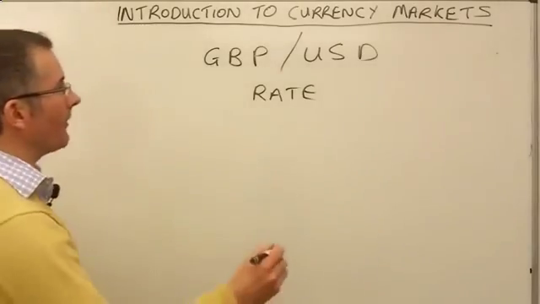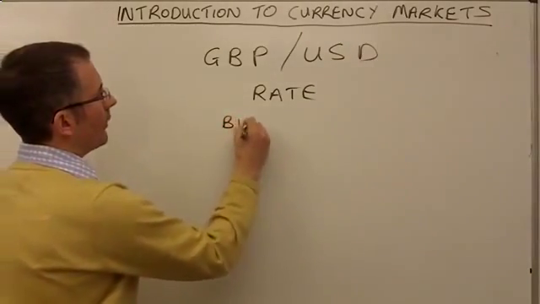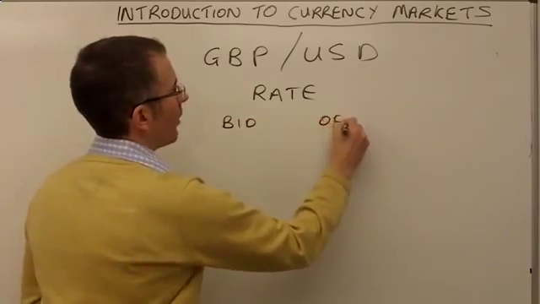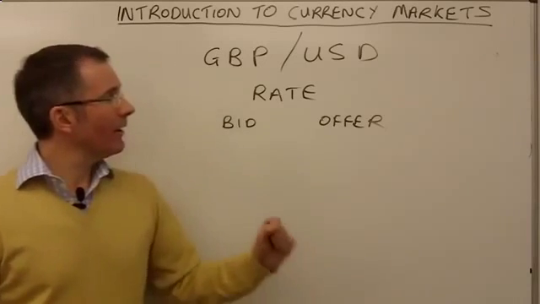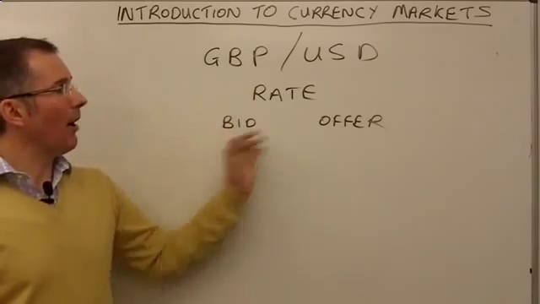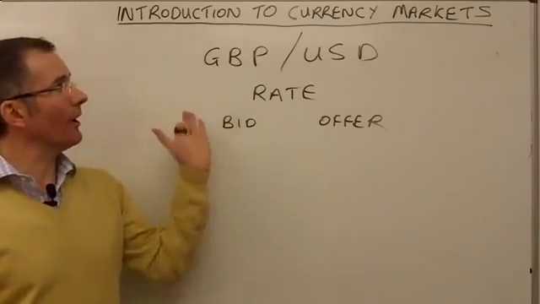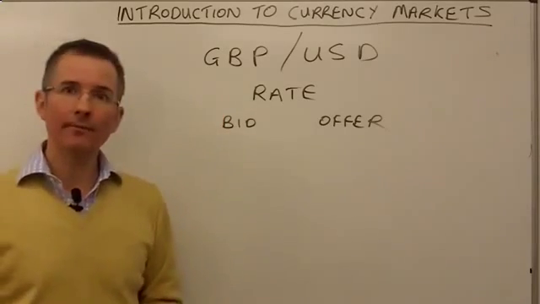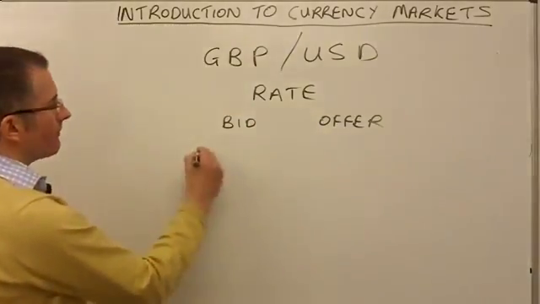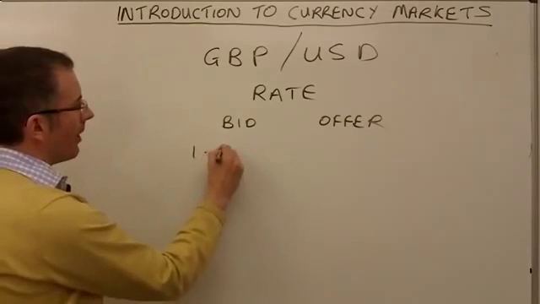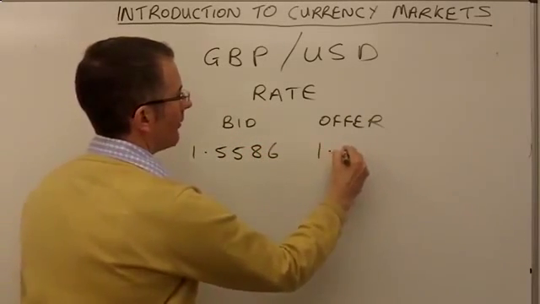So when you're buying and selling currencies, be aware that the rate will be split into two. There'll be a bid rate and there'll be an offer rate. So what this comes down to is you need to think, am I trying to basically buy the currency in question or sell it? Or am I betting on sterling appreciating or depreciating? So let's put a rate in. So for example, maybe we've got a bid rate of 1.5586 and an offer rate of